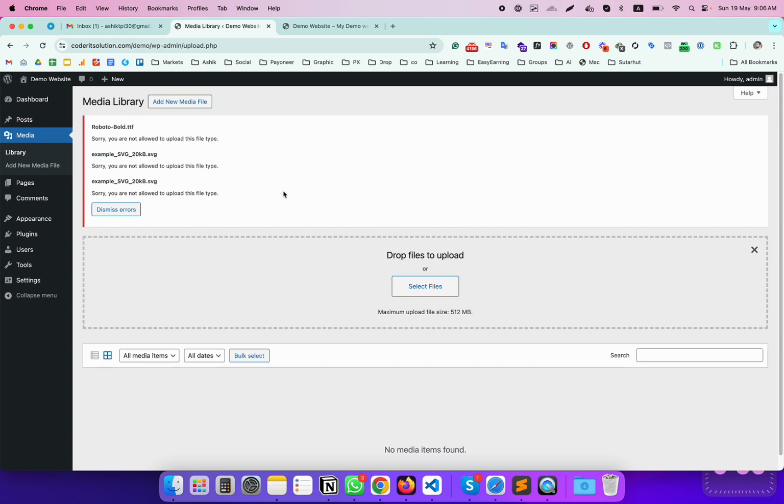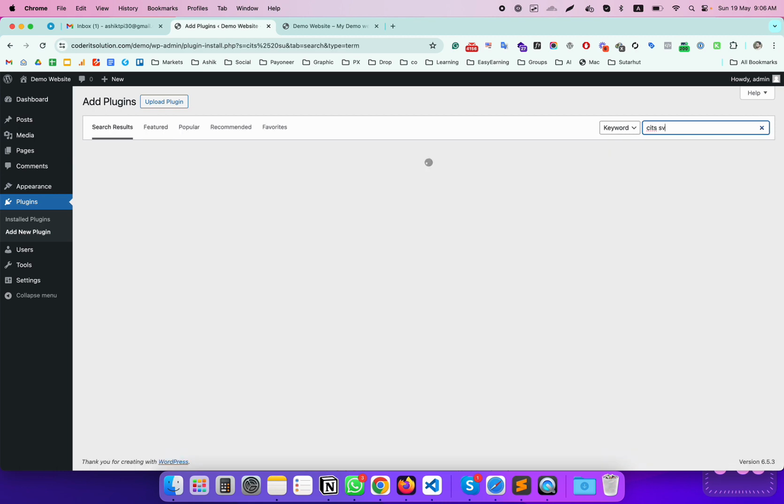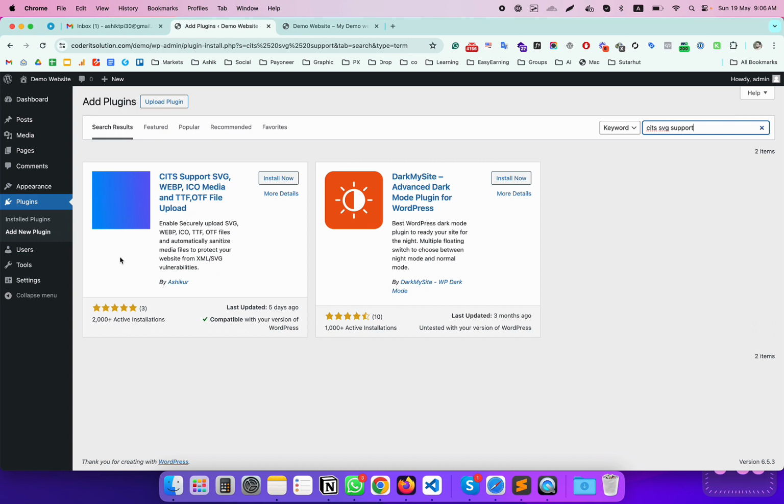is free for you. So just click to plugins and add new plugins and type CITS SVG support. Okay, so you will get a plugin CITS support SVG WebP ICO TTF OTF file upload. So single plugins and you will get multiple media support. So click to install now